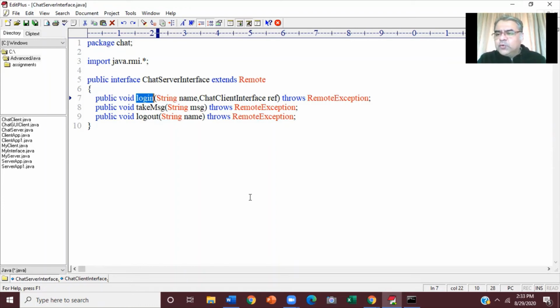So that's what we are going to do. We are going to write a class ClientInfo, 2 instance variables inside, String name, ChatClientInterface ref, a 2 parameter constructor, public ClientInfo takes 2 parameters, String name, comma ChatClientInterface ref. this.name is equal to name. this.ref is equal to ref. Constructor over, class over. In the login method, the first thing that we are going to do is create an object of